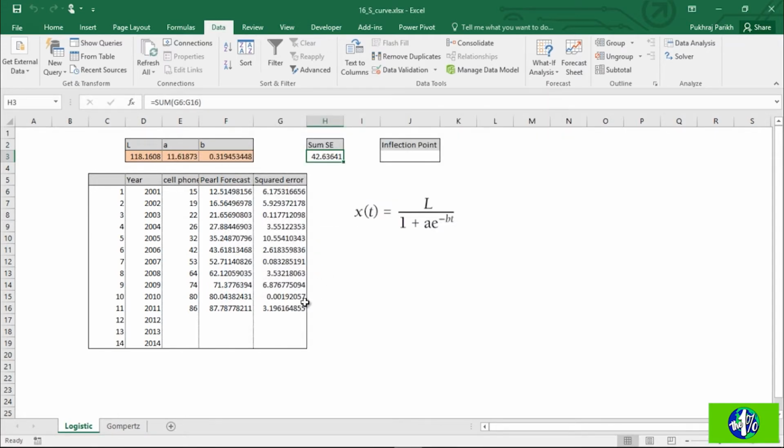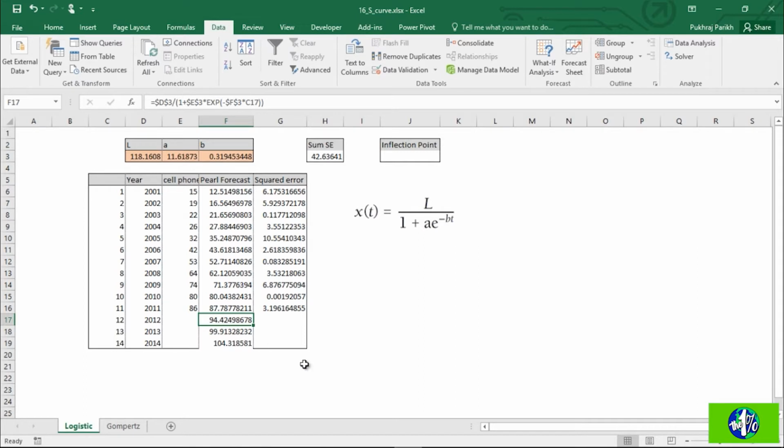And this is the solution that we get, where L is coming out to be 118 nearly, A is 11, B is 0.31. Since A and B values are not nearly 1000, these are very small values, we do not need to change the constraint for A and B. Even for L, the value is significantly far away from 200, so we do not need to change any constraint. Now that we have the values of L, A and B, we can predict or forecast the values for the coming 3 years. So you can see for 12th year we'll have adoption of 94%,